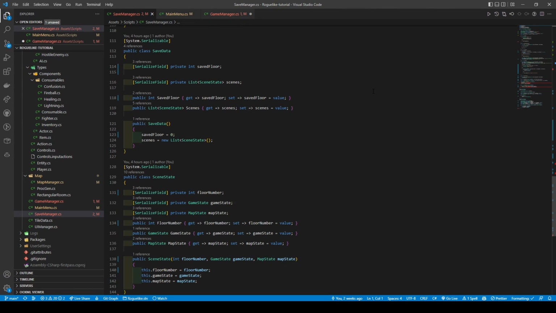Within the SceneState, we have three variables: an int called floorNumber, a GameState called gameState, and a MapState called mapState. They also have their own getters and setters, followed by a constructor, which sets the variables to the parameters given. Scrolling back up,